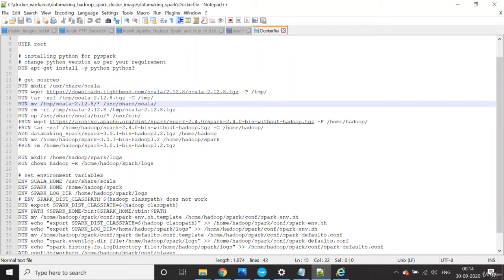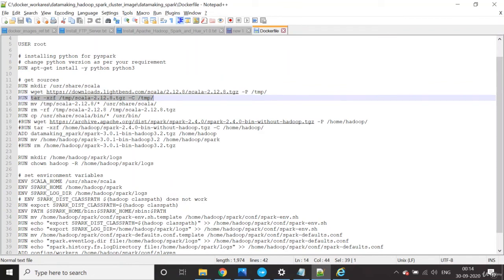This RUN command is used to run your shell script in the Docker image. So tar -xf followed by the location of your Scala compressed file, and because we downloaded it in the temp folder, we specify the temp path, extract it, and then move it to the location called /usr/share/scala. So Scala will be available in /usr/share/scala.